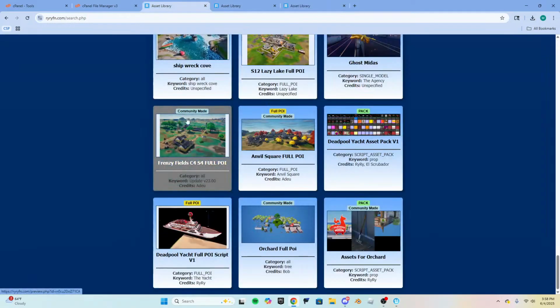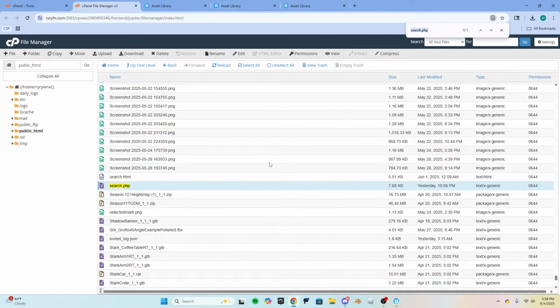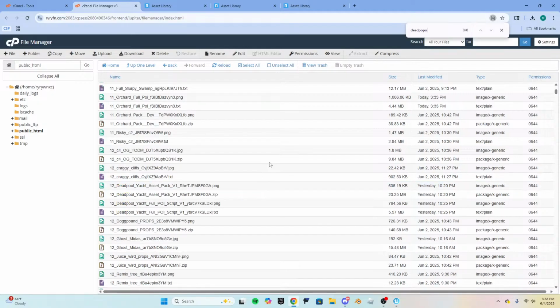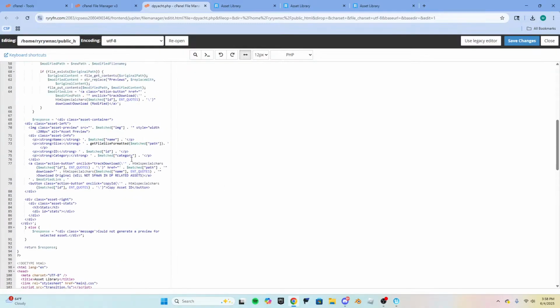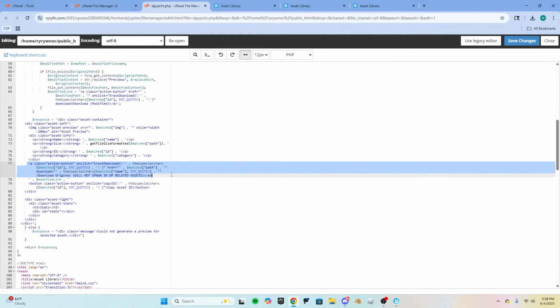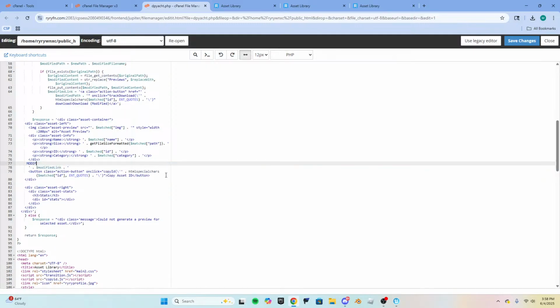For the Deadpool, I think I'm gonna get rid of the original .php. I'm gonna edit this because I think people are gonna just try to download that. So if we do, modified version will appear below.